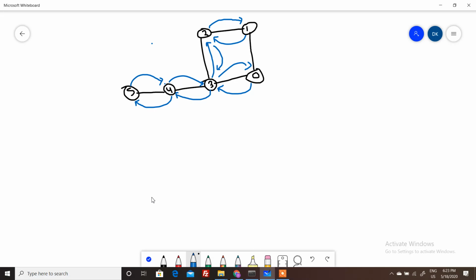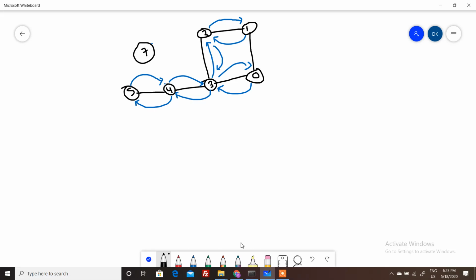Let's say this is one graph, and we have a node here which is 7. Since 7 is not connected with anyone, we will not know whether 7 is present or not by traversing, right? We will discuss this type of graph in another video.